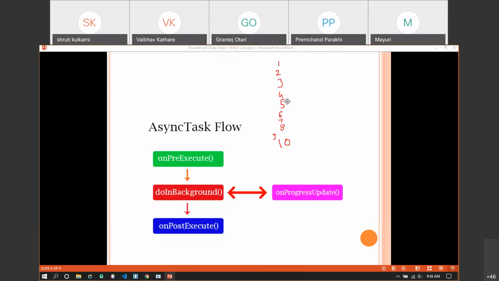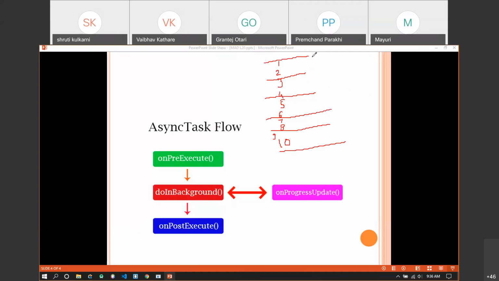Now we can divide these steps into parts of two. The first two steps will be one part of the task, the second two steps another part, then the third two steps, the fourth two steps, and the last two steps. So we can divide our entire task into smaller steps.